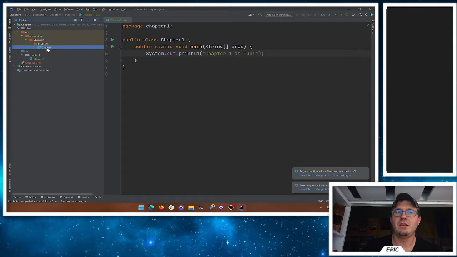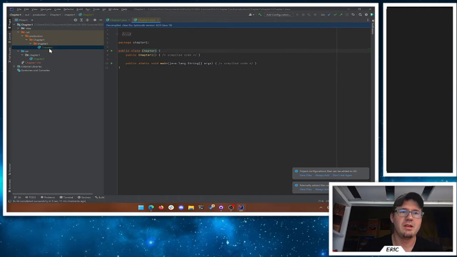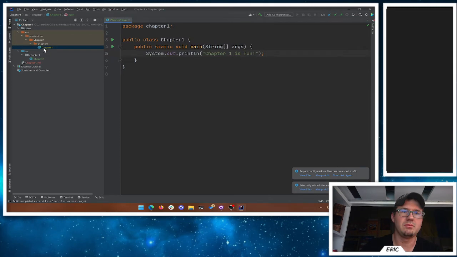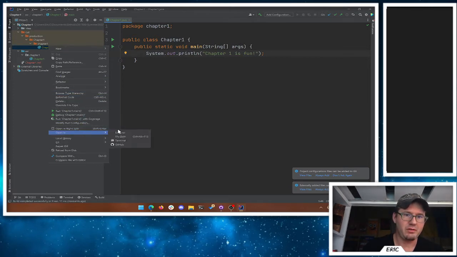chapter1.class file. Now, class files, oh goodness, no, we don't want the decompiler. Decline. Yeah, don't use that. We don't want to decompile anything. I said no. Okay, that's fine. It's not actually machine or human readable here. I just want to open it. I just want to see it. Okay, open with,